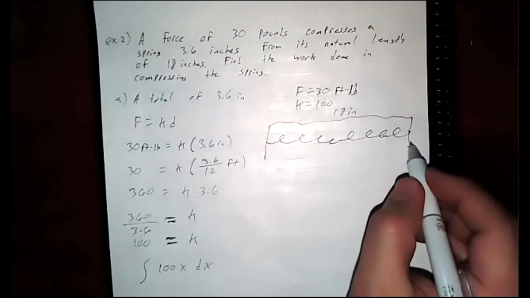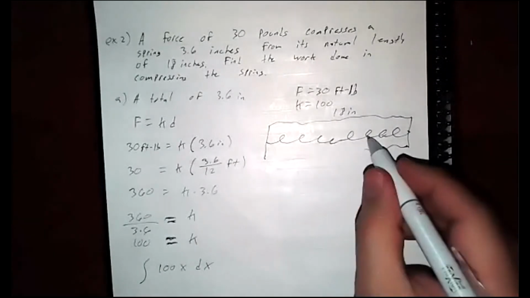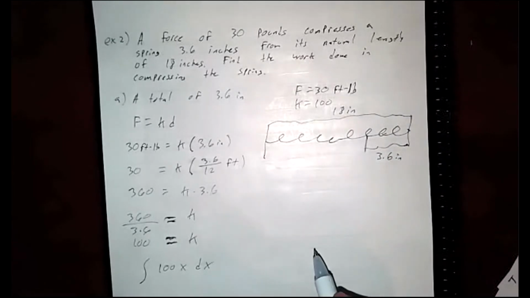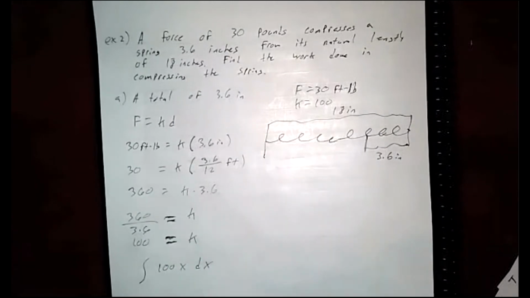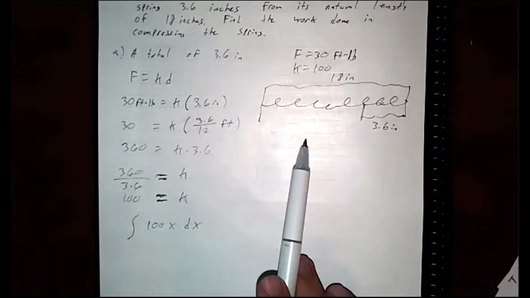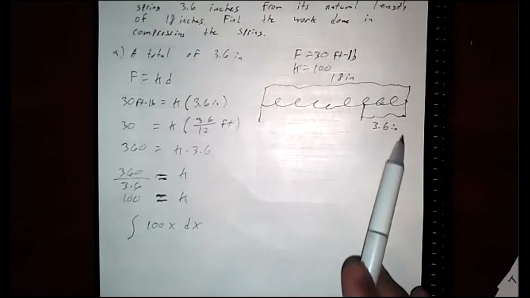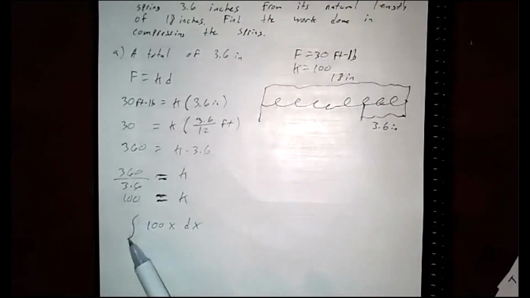So if I compress the spring 3.6, that length would be what? What's left over? Let's see here. No, we should have 14.4, but either way,